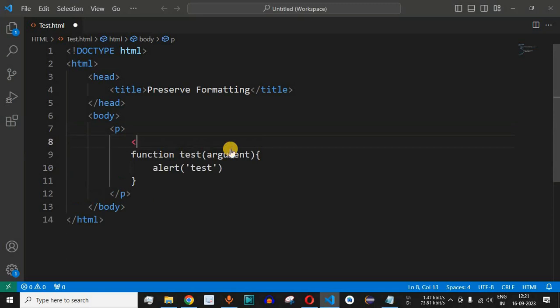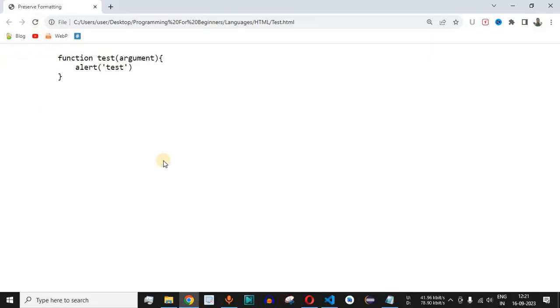So we can enclose them within the PRE tag once again inside the paragraph, and let us check what happens then. Over here we have the starting and the ending PRE tag, and then let me save this file now and try reloading this page once again. As you can see, now the formatting is being preserved. So guys, this is the way that you can preserve the formatting in HTML in case that is the requirement while you are working on your projects.